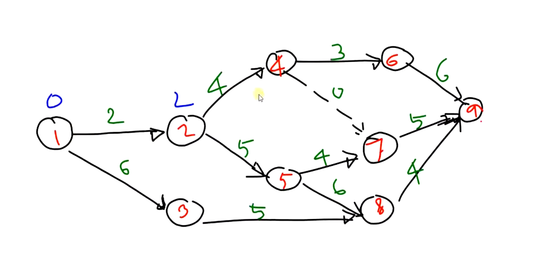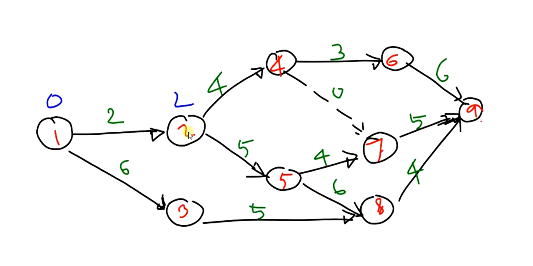Then we will move in the direction of 1, 2, 4, 6, 9 first. Then we will move through the other paths also. Sometimes we may need to move through parallel paths simultaneously. For example, for event number 8 we will have two values for TE, from 1, 5, 8 and 1, 3, 8. So there can be two values. We will see how to get a final value for TE there.